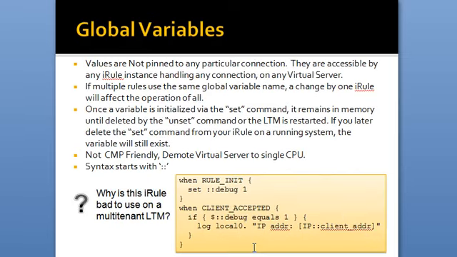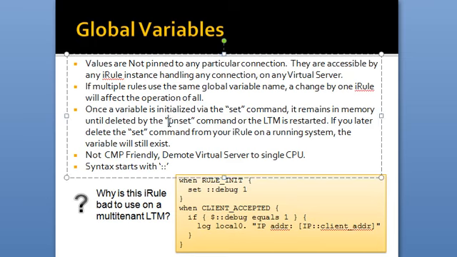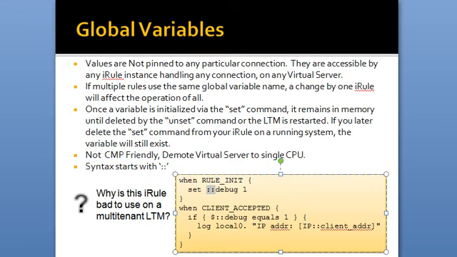Global variable values are not pinned to any particular connection. They're accessible from any iRule instance handling any connection on any virtual server. Once the variable is set, it remains in memory until deleted via the unset command or the kernel is rebooted. Global variables are not CMP friendly, and the syntax is such that the name of the variable must begin with ::